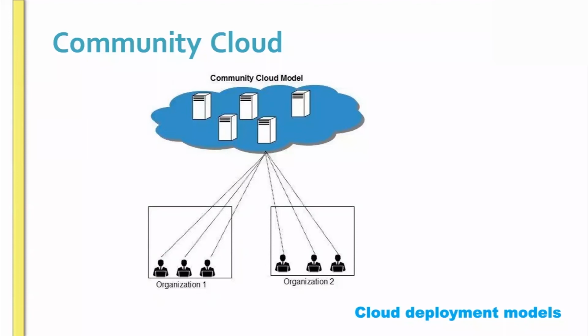So community cloud is also a private cloud. Understand? It is also a private cloud, but it is owned and used by more than one organization. We already discussed what a private cloud is: it's owned by a single organization. Technology-wise there is no difference, whatever the technology they use, but it is owned and used by more than one organization. That's called community cloud. All right.